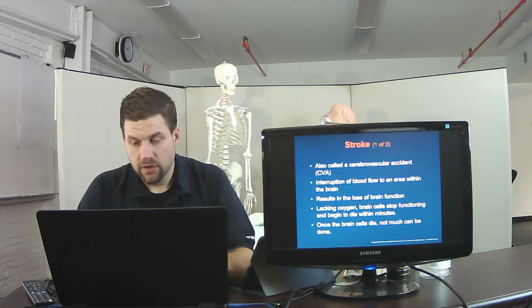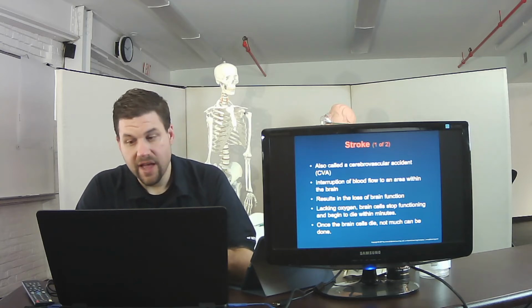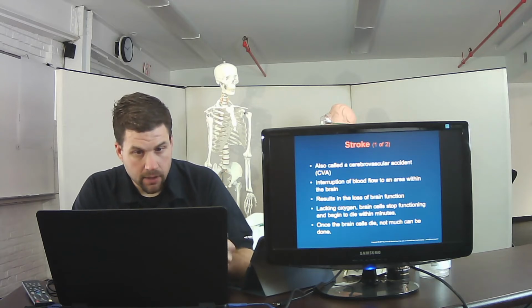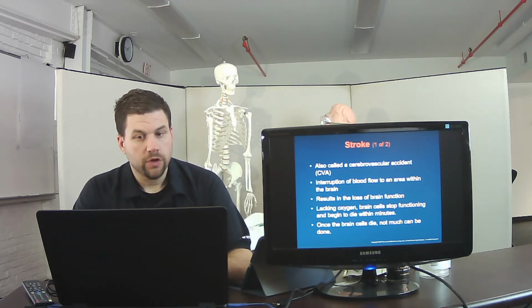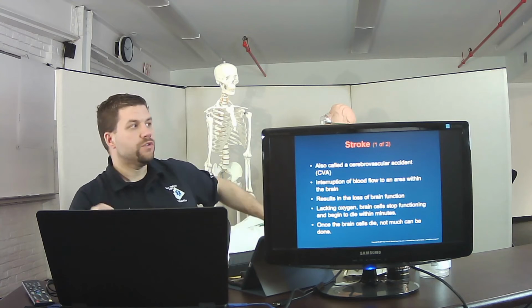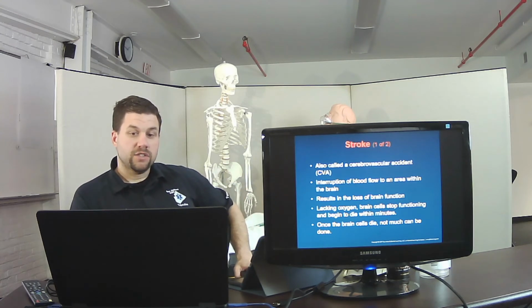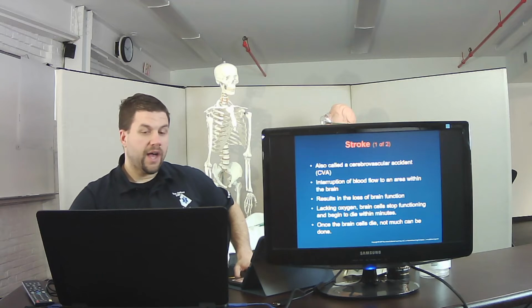So a stroke, let's talk about strokes. Strokes are also known as a cerebrovascular accident, so you'll hear CVA. That's an interruption of blood flow to an area within the brain, and this results in the loss of brain function. Lacking oxygen, brain cells stop functioning and they begin to die within minutes. So once the brain cells die,